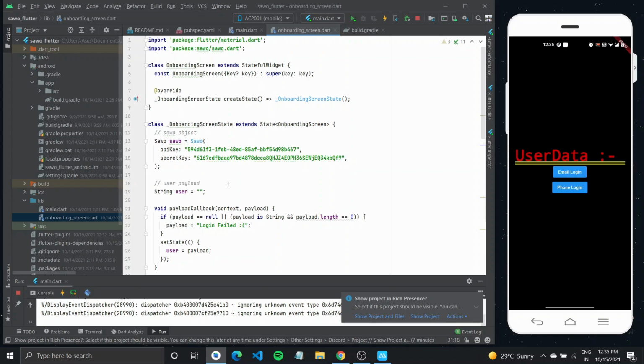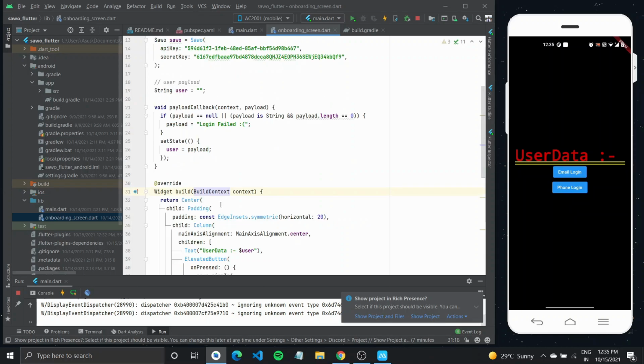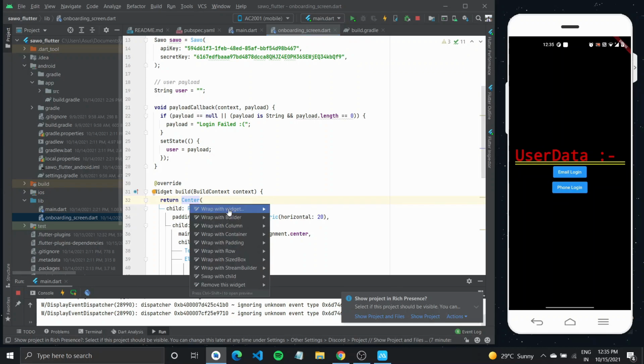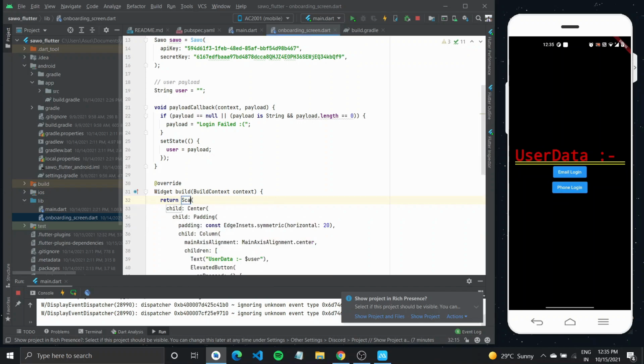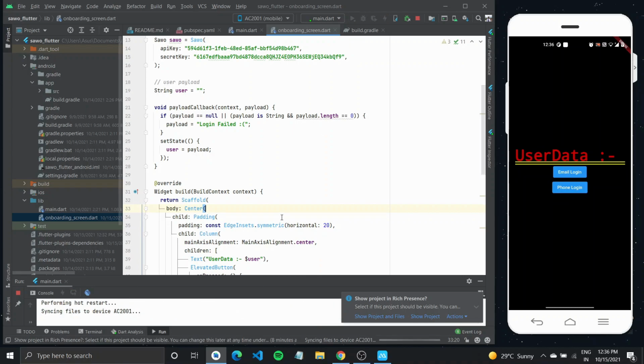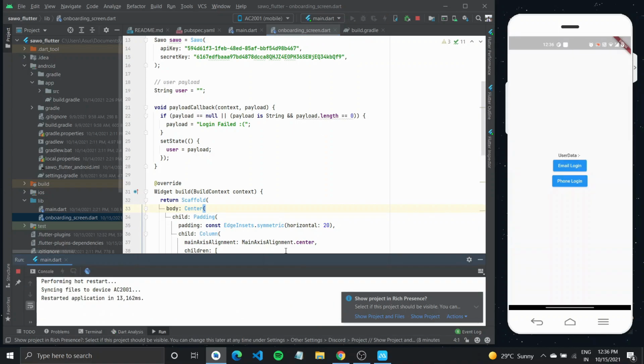So I have the app running on my device and it shows up like this because the center widget here isn't wrapped in a scaffold. So I'll just wrap it with a widget, and let's make this scaffold real quick. And we know the scaffold doesn't take in a child, instead it takes in a body. And quickly hot restart. And there we have it, the prettier version of the app.